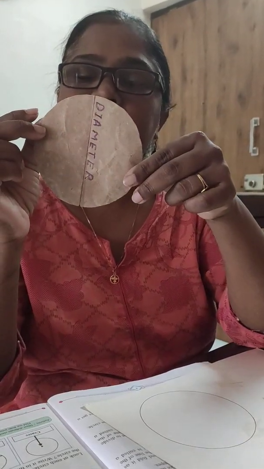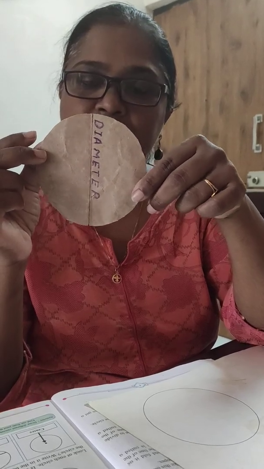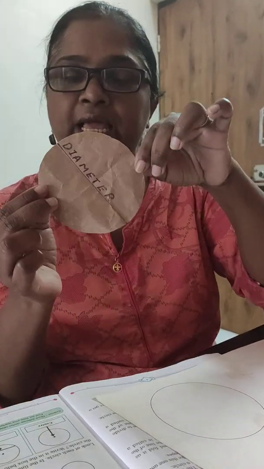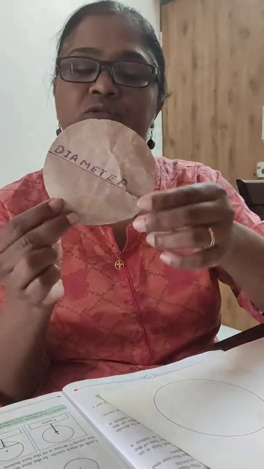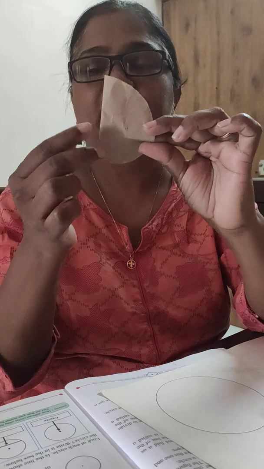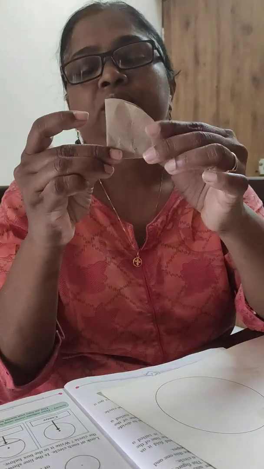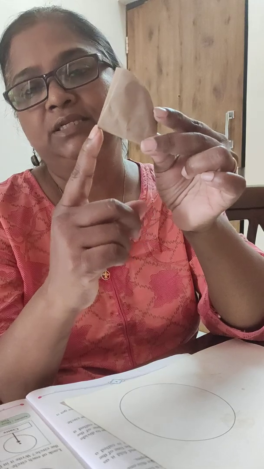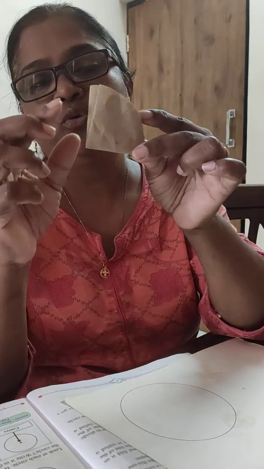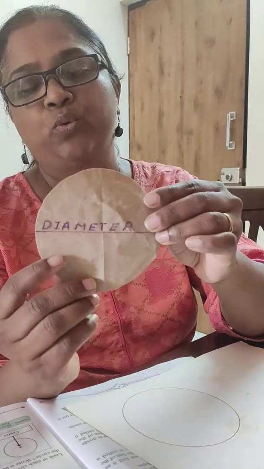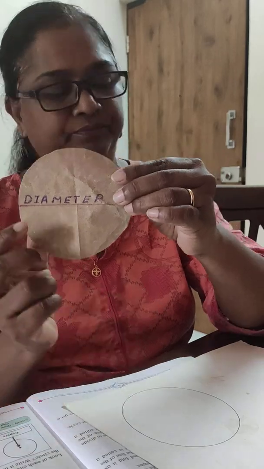I can draw many lines going through the center. The diameter can be straight, that is vertical. It can be horizontal. It can be in any different directions. Okay. So now if I fold it into half, I fold this half again into a half. I told you the diameter goes to the center of the circle. Now how do I get the center? This is the center of the circle. If I open this, you will see that the diameter is going through the center of the circle.